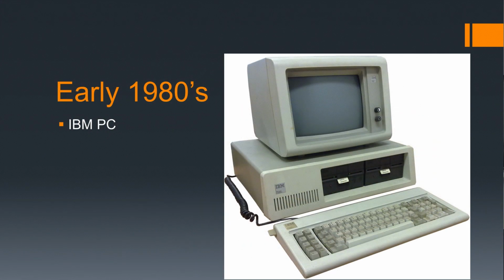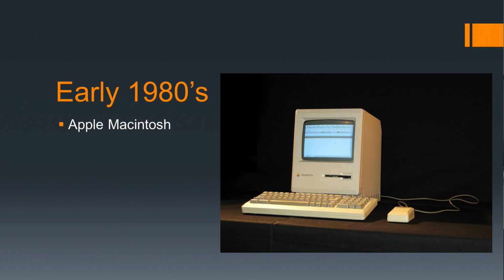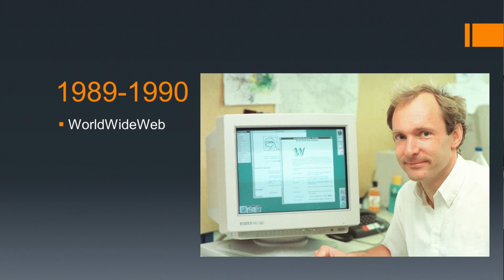In the early 80s came the rise of the IBM PC and the Apple Macintosh, and between 1989 and 1990, the World Wide Web protocol was demonstrated by English programmer Tim Berners-Lee, working at CERN. He had an internet server, HTML, URLs, and developed the first web browser. In 1991, restrictions allowing the commercial use of the internet came into place, and by 1993, commercial websites were using adverts as a source of income.